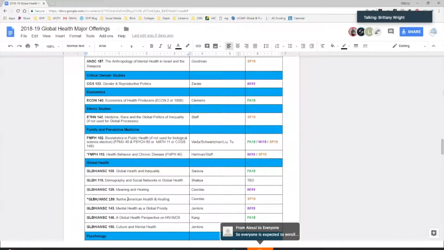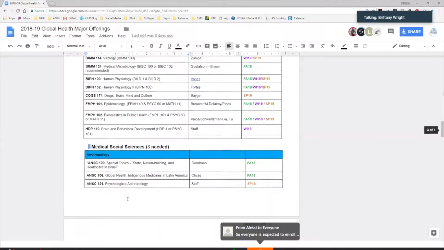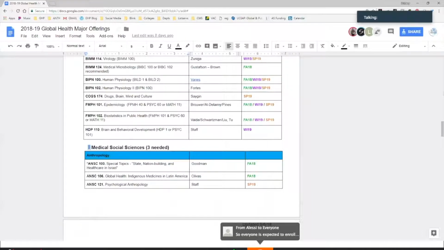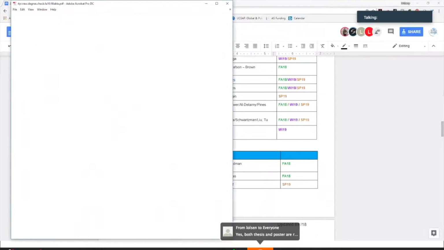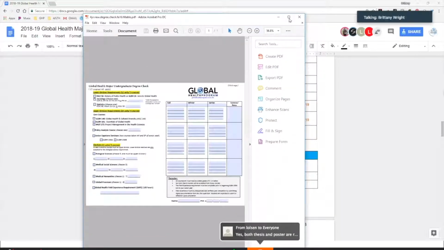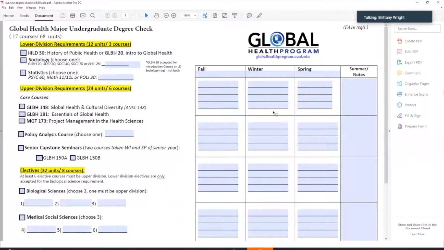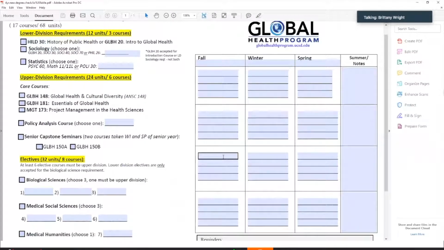So you can scroll through each category and kind of plan out your courses. What I recommend when you're working on your plan, though, is have a backup plan and also be flexible. So if you've downloaded the undergraduate degree check here and say you're a freshman and say you're a transfer and